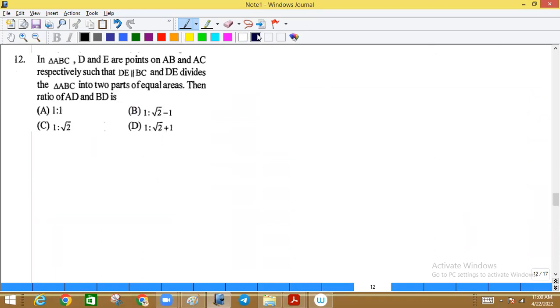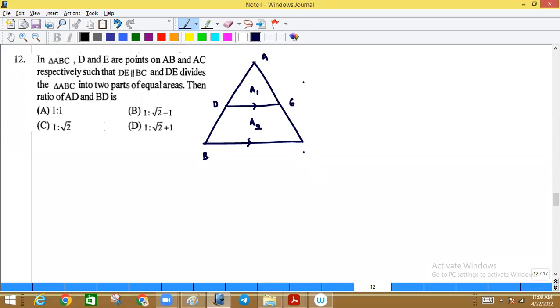D and E are the points on AB and AC respectively, and DE is parallel to BC. The moment you see DE is parallel to BC, what do we know? These two are similar. This is A, D and E, B and C. It divides it into two parts of equal areas. Area 1 and area 2 are equal. Right? Okay. So generally,